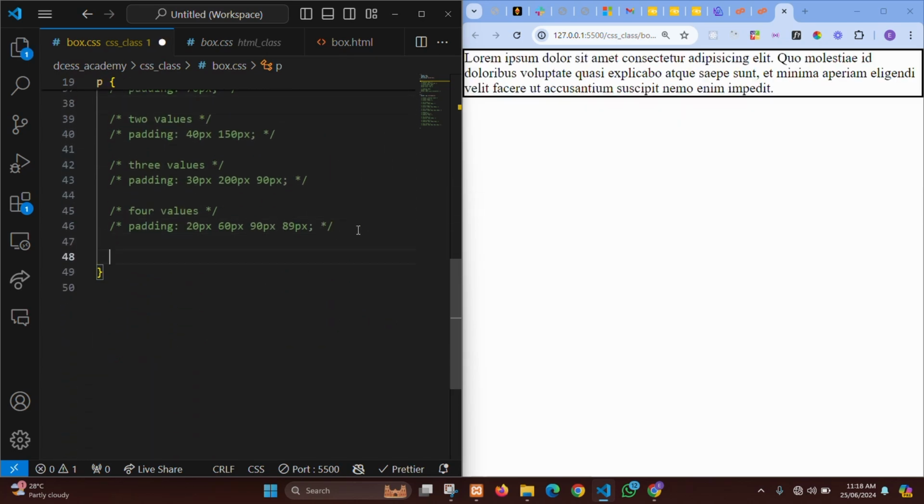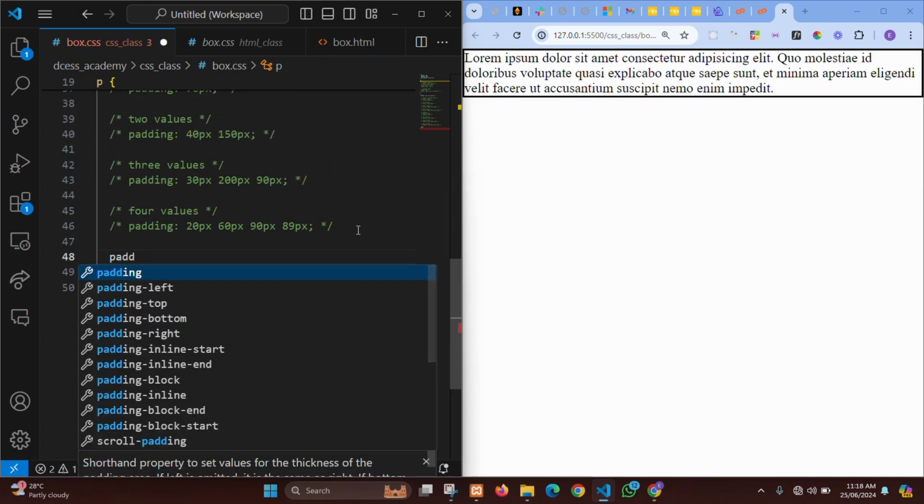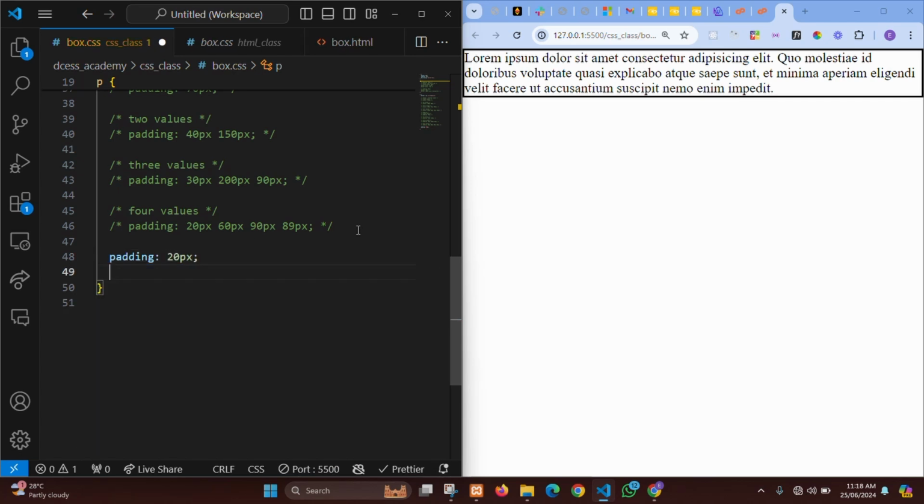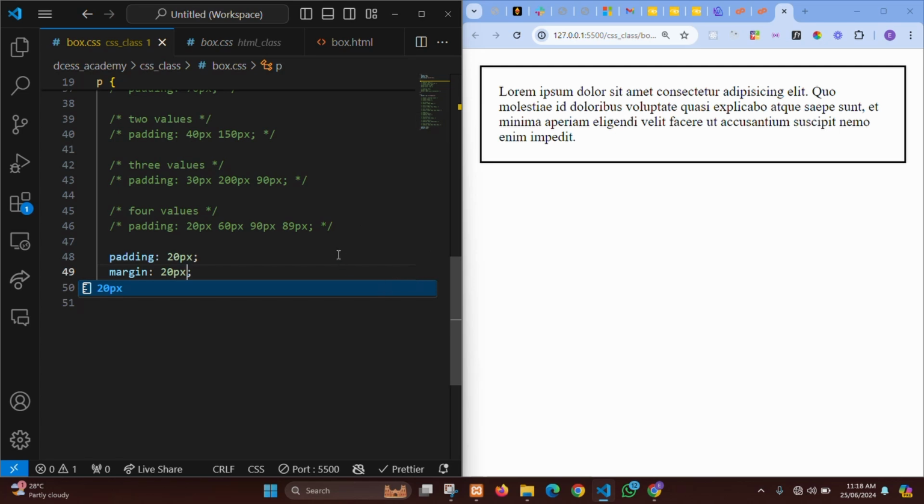Now let me just apply a padding. So say padding of 20 pixel, and I want a margin of 20 pixel as well. Right? Now you see what I'm getting. Now if I want a border radius,